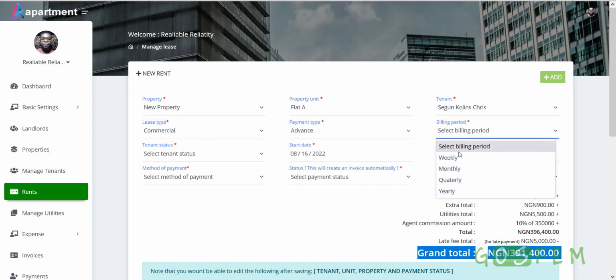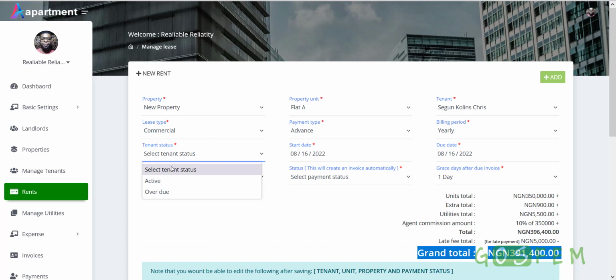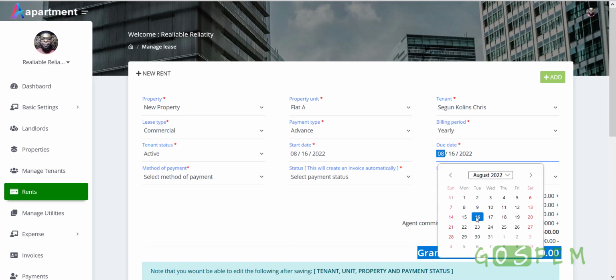Okay, the billing period, is it weekly, monthly, quarterly, or yearly? Okay, so the tenant status, is it an active tenant or overdue? Of course, I'm going to pick an active tenant. So I want the apartment to start from today, and of course, because mine is yearly, I'm going to pick